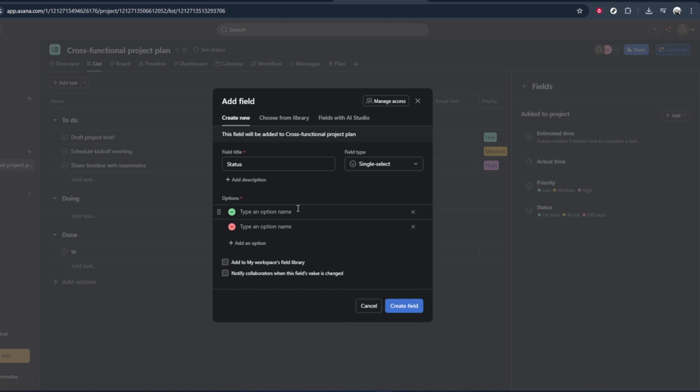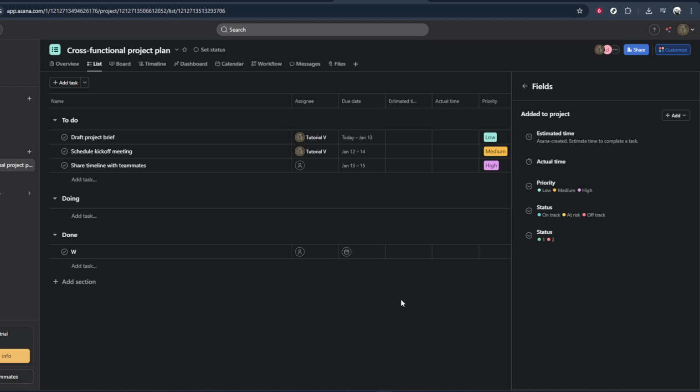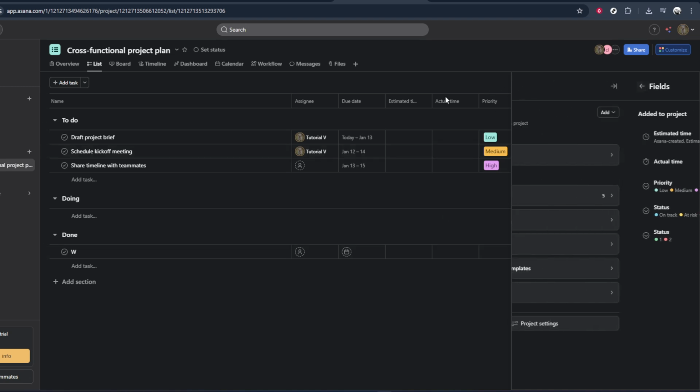Now, fill in the details for your new field. Start by giving it a clear, descriptive name so your teammates immediately understand what it's for, like priority, stage, or client budget. Choose the field type that best matches the kind of data you'll track, such as a drop-down for